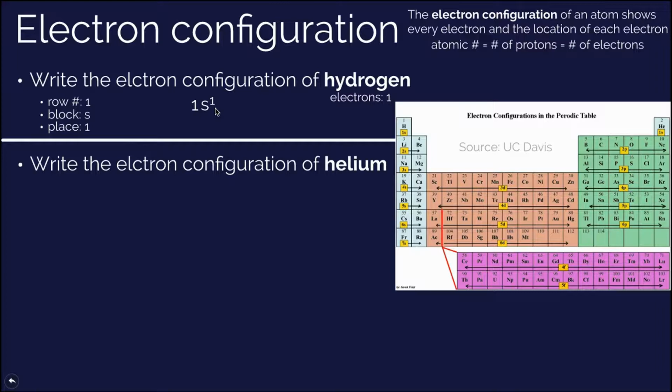Next example, let's look at helium. Now helium is over here. It is number 2 on the periodic table, but we'll go through the same process as we did with hydrogen. So first we need to know the row and the block that it's located in. So for helium, it is here in the first row, and it is in the S block. So we can start with that, writing 1s. And finally, we just need to know the placement for the superscript. So we know that it's in the second place. It can't be in the first place because that's the place that hydrogen takes up. But helium will be in the second spot in the S block, so we'll write a superscript 2